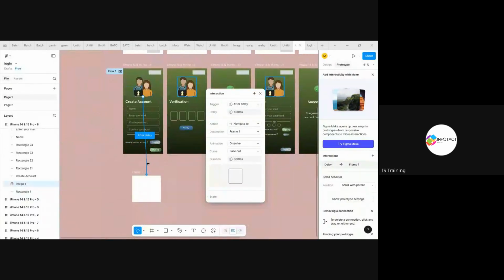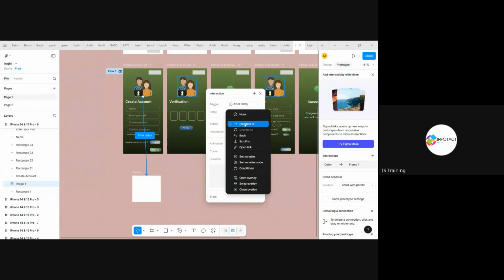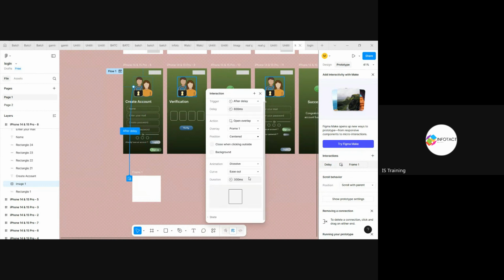Second thing is if I'm using this action button and choosing this open overlay. So what does this mean? Open overlay basically means the background will be the same, this screen will stay the same, and this frame will pop up on this screen only. Okay, let's see how.